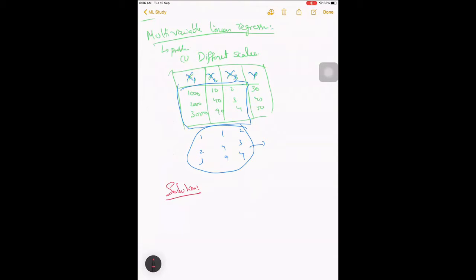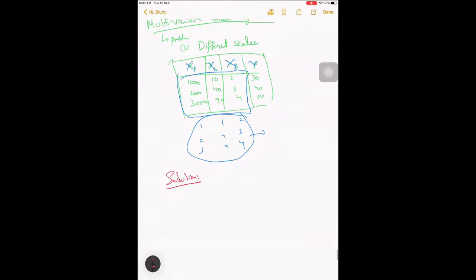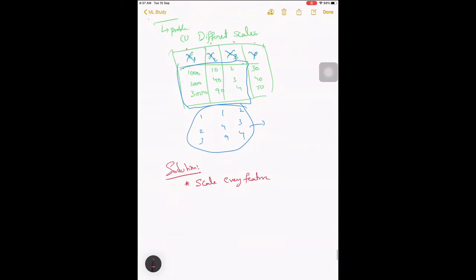Okay, for doing that, there are different possibilities available. One thing that is proposed is to scale every feature. We can call these feature vectors. So all these three, and this is a target variable anyway, all these features to -1 to 1, or 0 to 1, anything is fine.